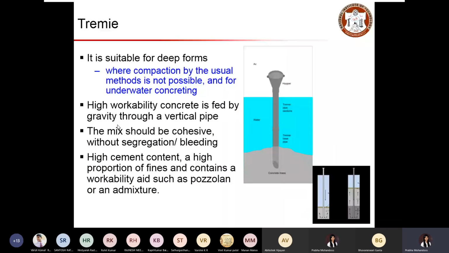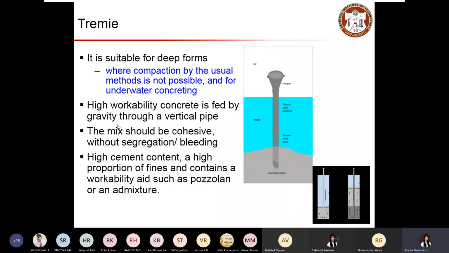Another way is the tremie method. This is especially useful when you have to pour concrete in a place where it is too congested, especially underwater concreting.